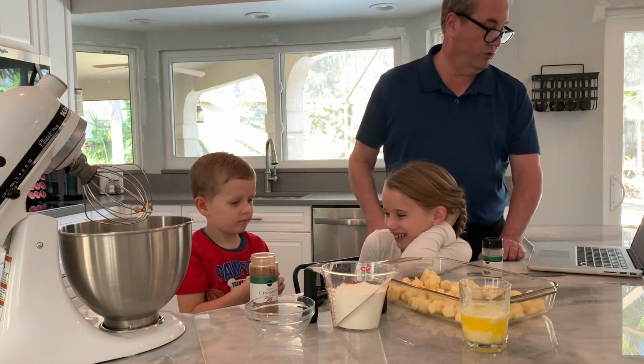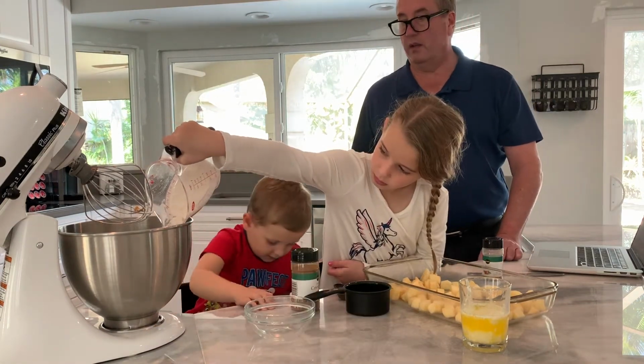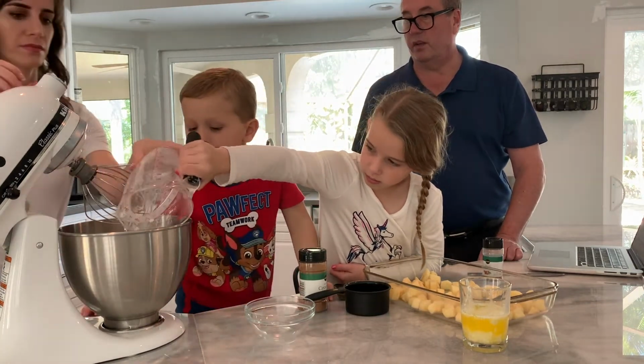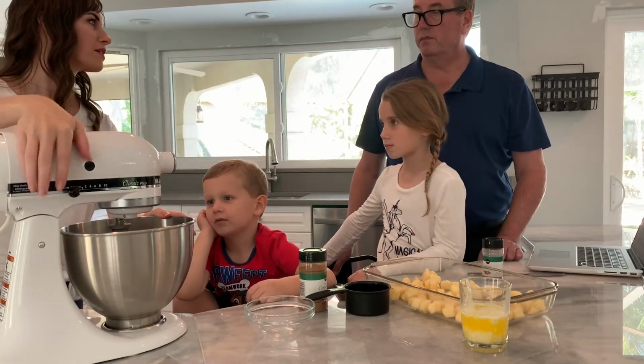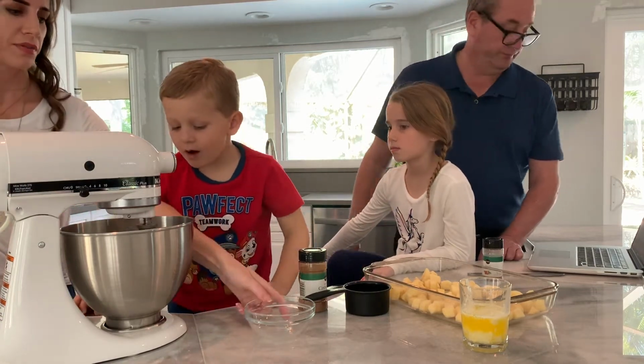Okay, now, Juliana, 1/2 cup of flour. There you go. Dad, when you pour things in a mixer, you usually have to mix it. I was going to do that at the end. Okay,